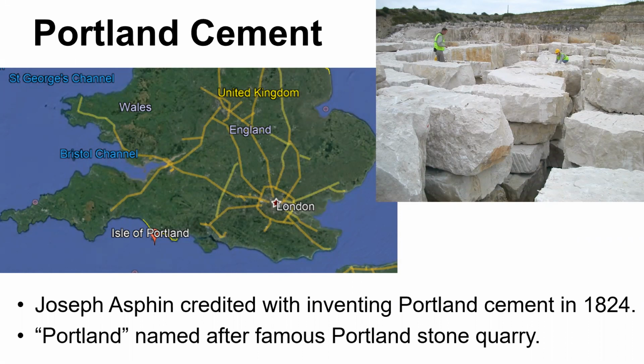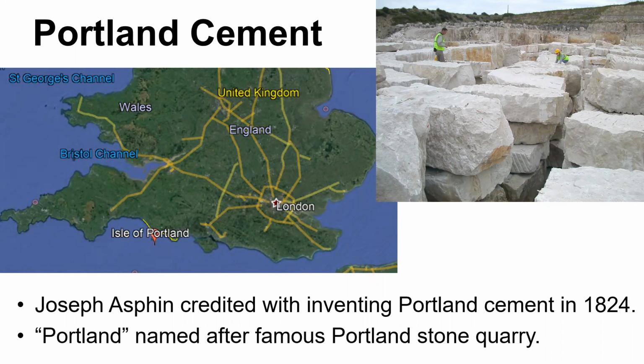But one thing that he was really smart at was he realized very quickly that the cement he was able to make looked like this Portland stone quarry. And what was really cool about this Portland stone quarry over in England, over here on the Isle of Portland,